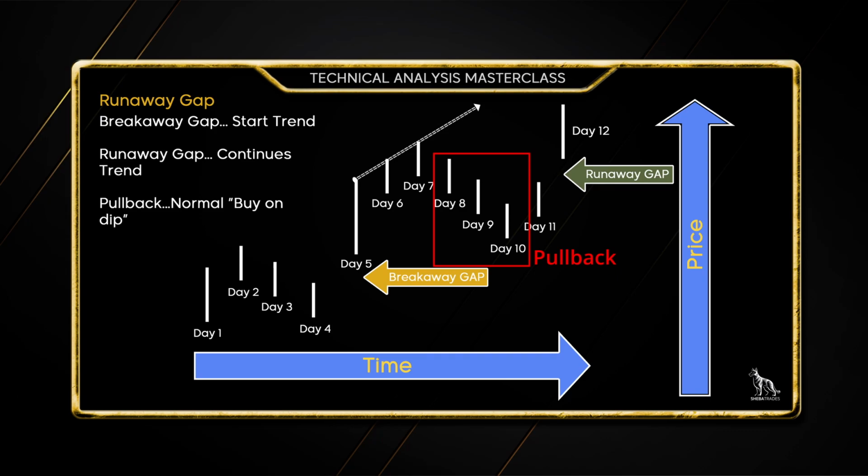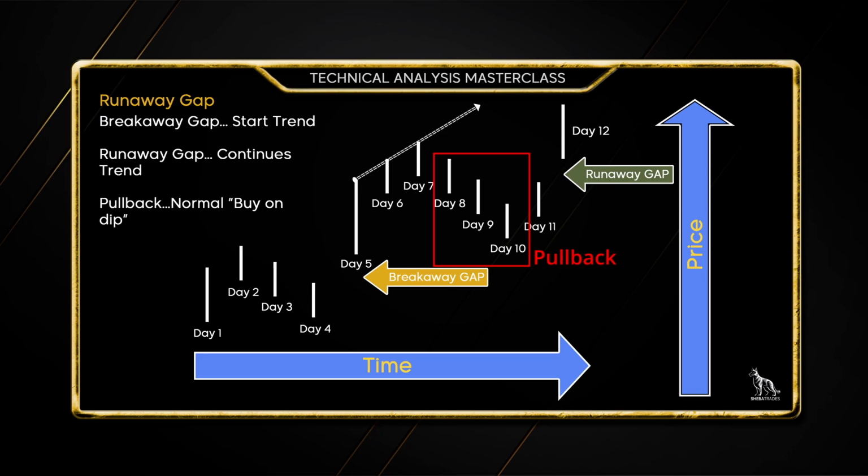So we would be looking forward to days 13 and going forward, that the trend we had seen before would keep going. And that's really a good buy sign. If it was the opposite way, it would be a good sell sign, should we have been in a downward trend. But in the example we were using, we could see that we had our breakaway gap.